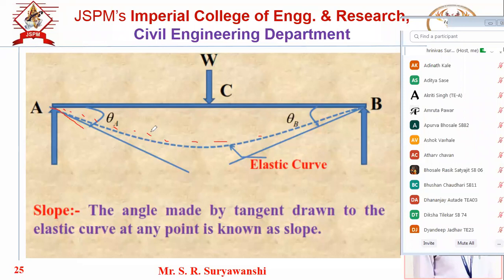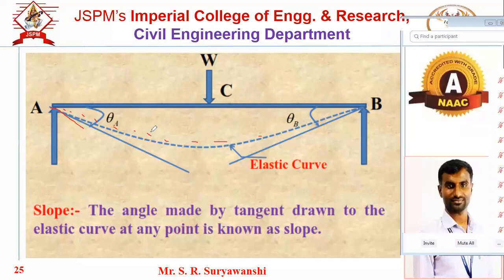In the next lecture we will discuss what the slope is, what the deflection is, how that deflection occurs practically, and what the permissible limits are as per the IS standard. What is the permissible limit of deflection? That IS clause I will show you. Okay, what statement is in the IS code, that we will discuss. I will take the screenshot of that IS code. So that permissible limit we will discuss in the next lecture.